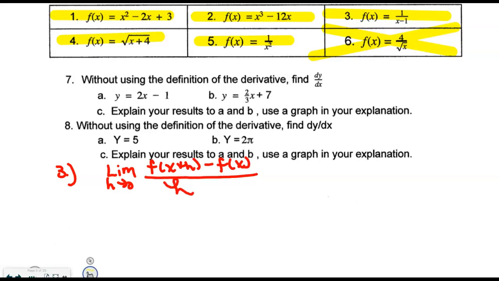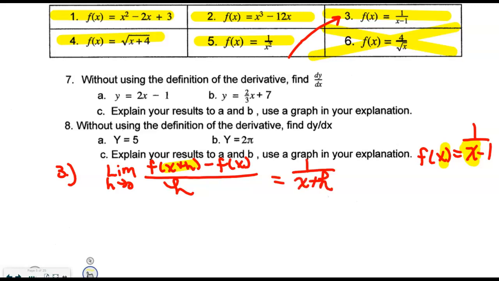And my function for number 3 is 1 over x minus 1. Let's put our x plus h in for x, and we get 1 over x plus h minus 1. That's f of x plus h, check, minus the function itself,